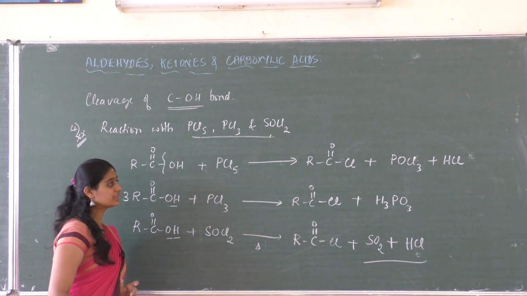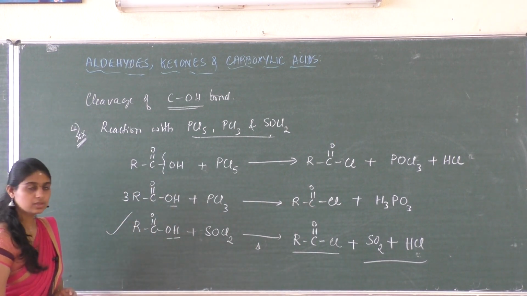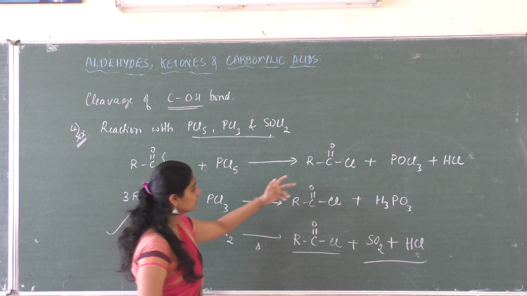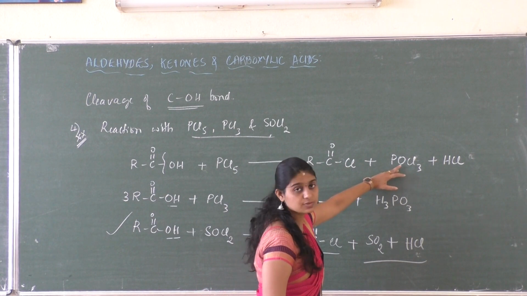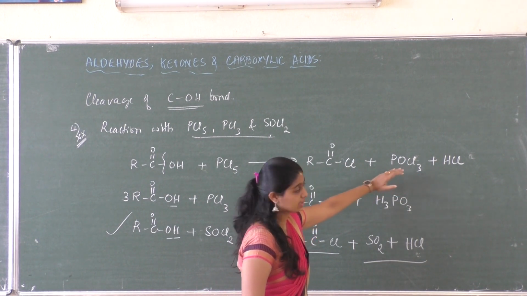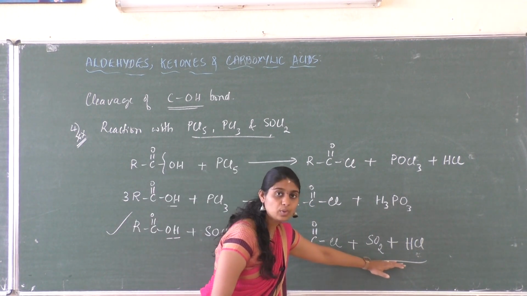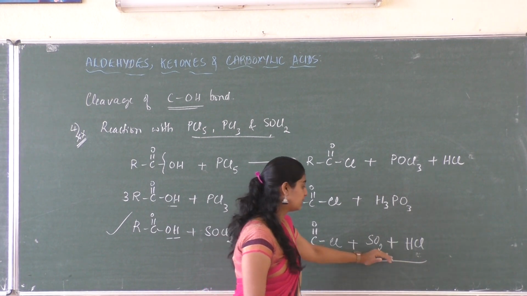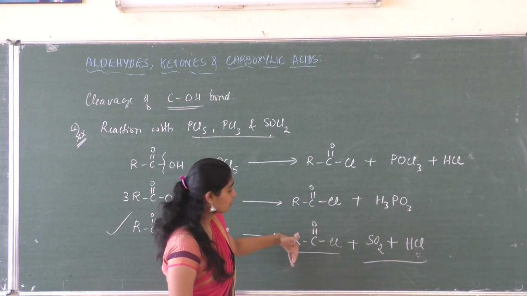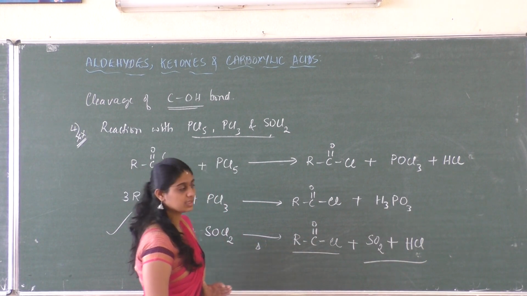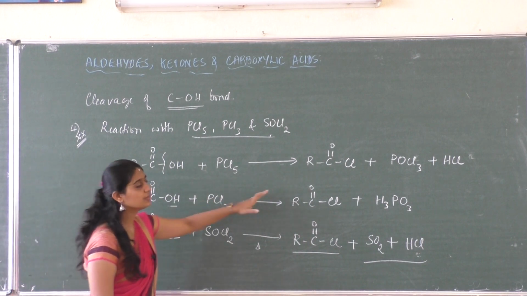So out of all these 3, the convenient method for the preparation of acid chloride is the treatment with thionyl chloride. That is because in the other 2 cases, this is an acid, a liquid, and here also phosphoryl chloride is a liquid along with the gas, whereas in the reaction with thionyl chloride, the other 2 byproducts are both gases. Sulfur dioxide as well as HCl are gaseous in nature, so you can easily separate or isolate the final product that is required. So these are the 3 methods of preparation of acid chloride.